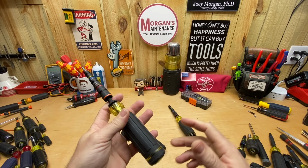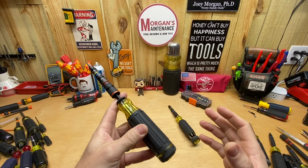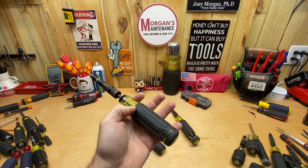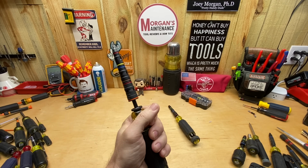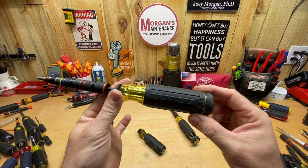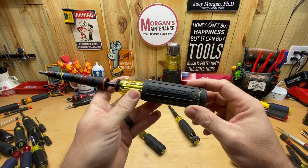And the reason why it comes in at number 4 is because it is very versatile. But it's a big screwdriver. That's why it's not moving up the list, in my opinion. I say all the time in comments, this is definitely not something I'm just going to carry around with me all day and use. For one, it's bulky up here. It's a big screwdriver, but I will take this and throw it into my pouch or my pocket,